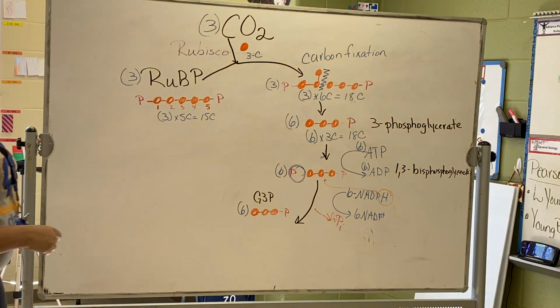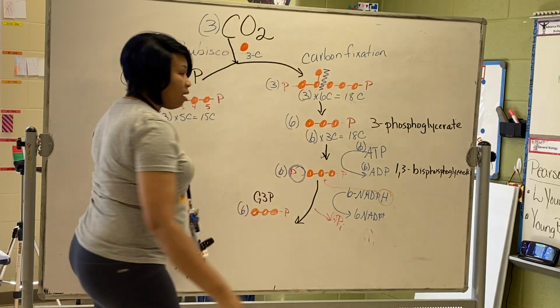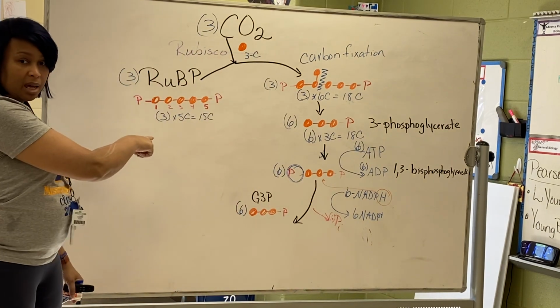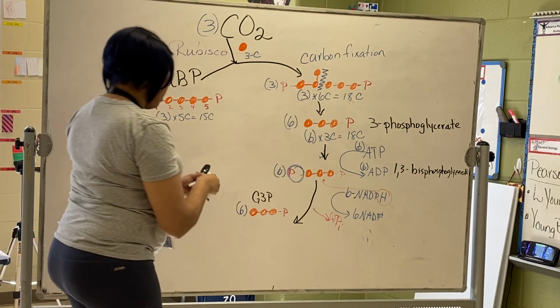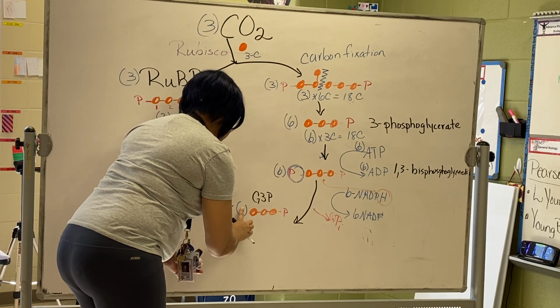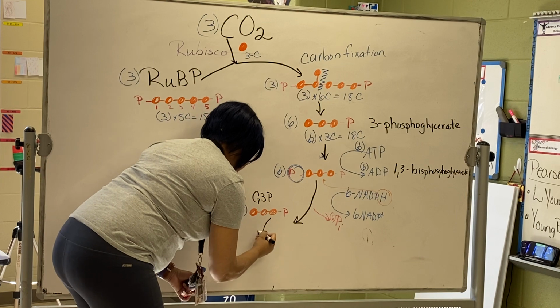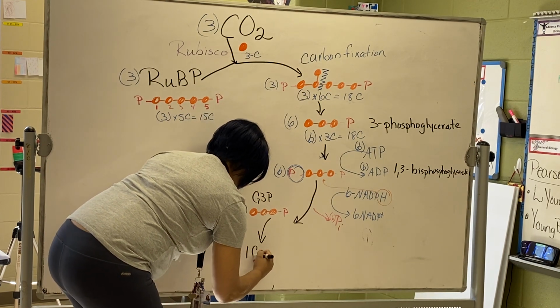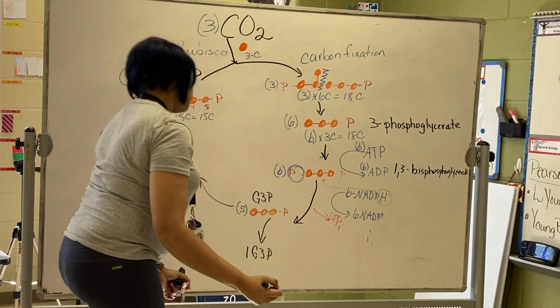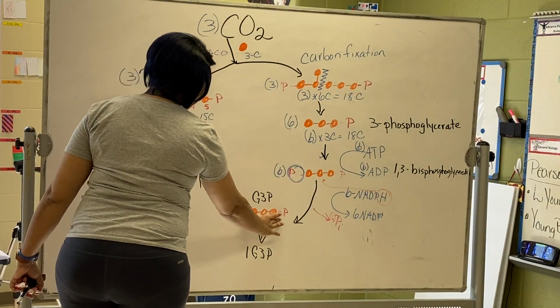Now my goal, because all the way through here, I still have 18 carbons. Right here I have 18 carbons. I only need 15 when I end. So now I can actually take one of these out. I can drop one of these G3Ps out of here, because in reality, I only need to keep 5 of them. So one G3P drops out to be used by the cell,